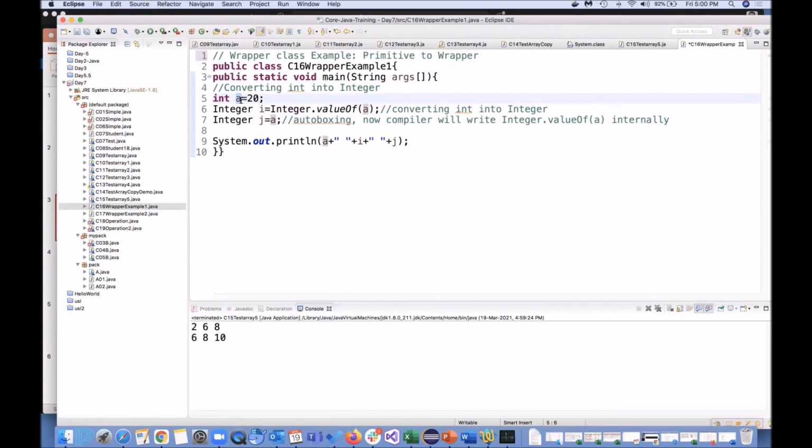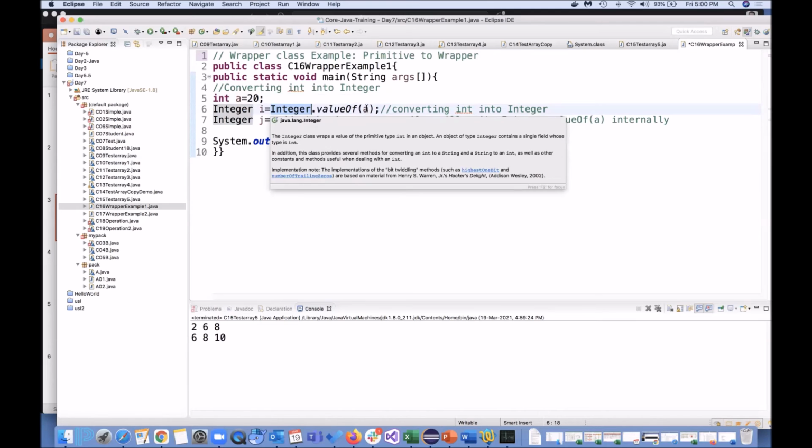a variable which is of integer type, that is int, this is primitive, and to do certain operations in real time, when I am parsing some JSON, want to map it with some POJOs, that time you will be seeing it. So if I want to get the value of this 20 and convert the int to Integer, then I will be doing Integer.valueOf(a).